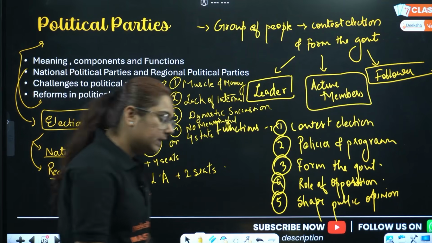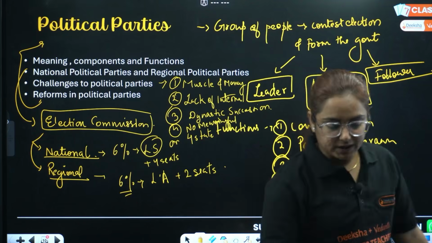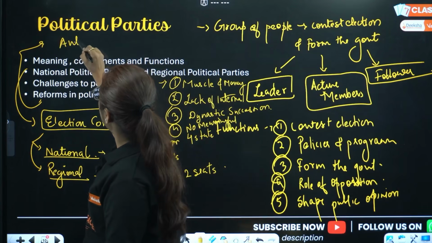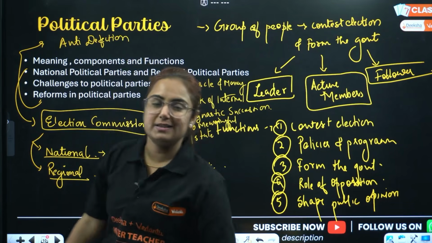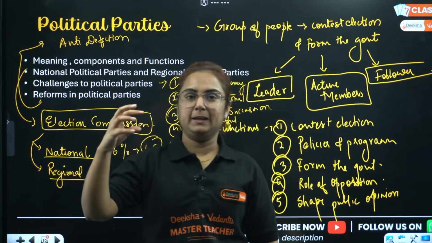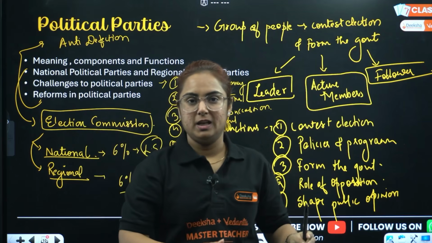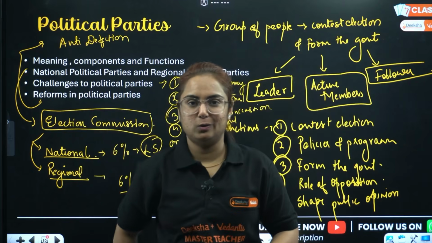Some are being done and some are being suggested. Like if I talk about what is done as a reform, anti-defection law. What you will write about anti-defection. Like we see there is a magnet, another magnet. Whenever a magnet sees the magnet, it goes to that. Whenever a leader sees the money, they divert it, deflect it to their own objective.